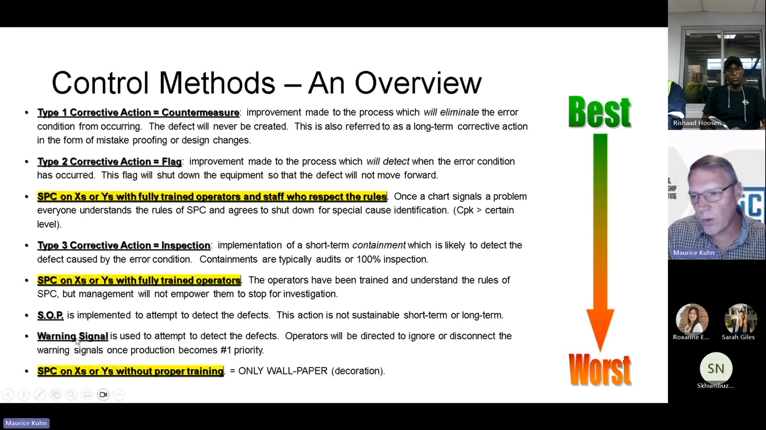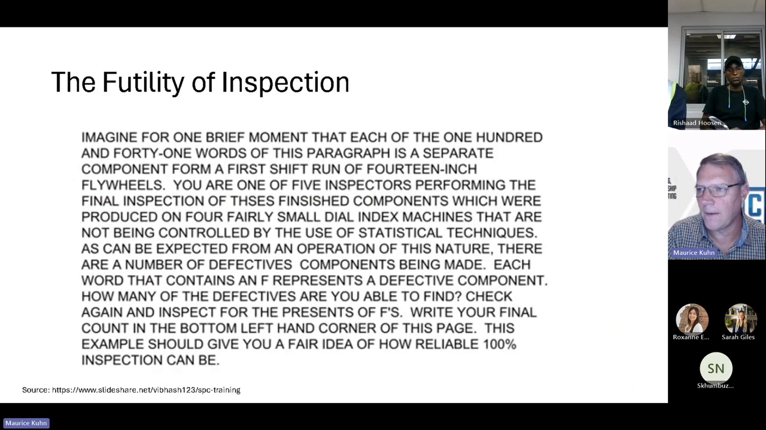And then there's the warning signal, and then there's SPC right at the bottom here, which is really just a wallpaper exercise. I've put the word decoration in here, like a Christmas decoration. Looks pretty on the walls, means nothing. So there are levels of SPC, and if we don't look at the entire system, then SPC is not helpful for us. I put this in here, but if I asked you to find all the F's in that,